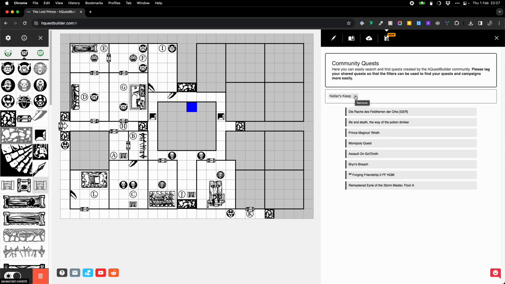There are some quests within this list which currently don't have metadata against them, so it doesn't necessarily work super well at the moment, but the whole idea is that over time people will go in and tag their quests, and this will hopefully become quite a nice resource for people to be able to find, get inspiration, and play other people's content. So this little QD symbol is the Questdown or the hQuestMaster integration that I talked about very